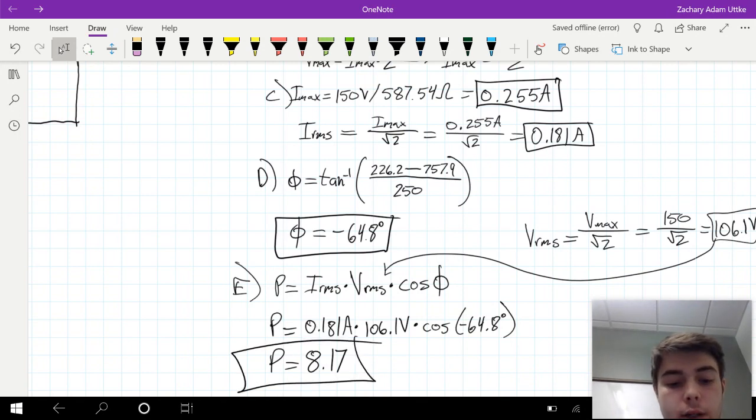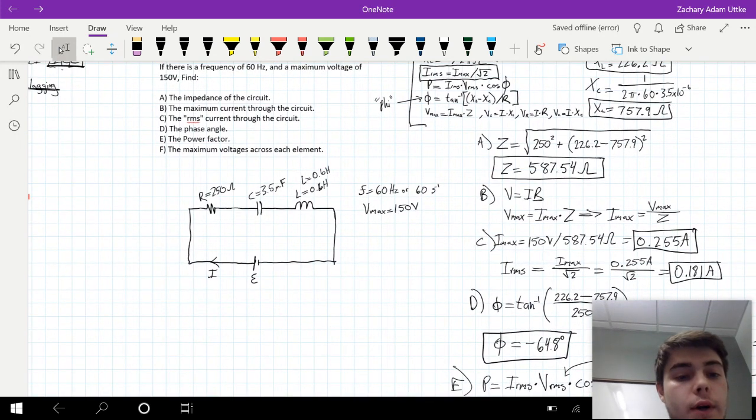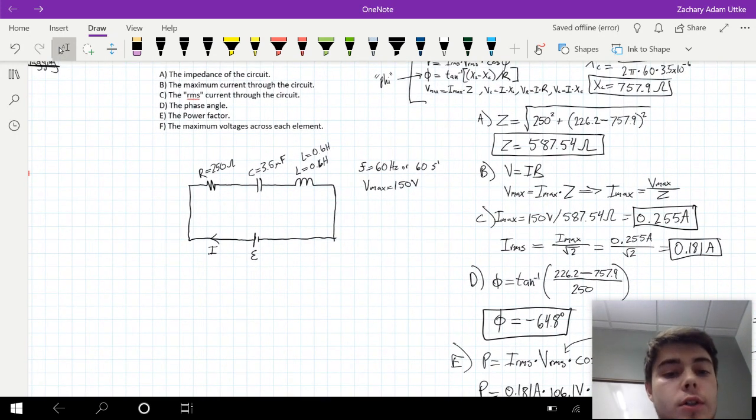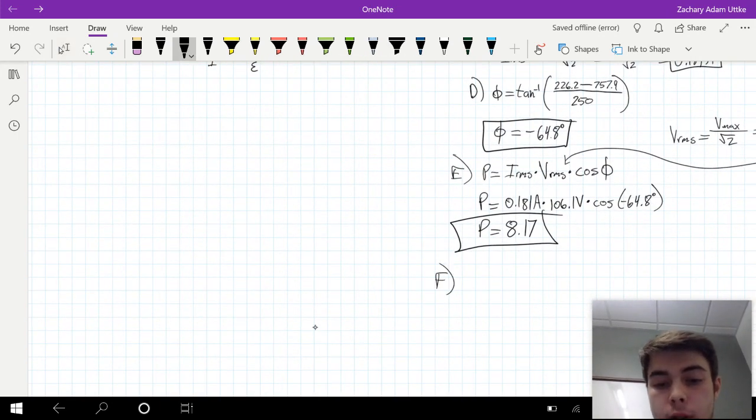So this is our power factor right there. And lastly, for part F, find the maximum voltages across each element. So what that's asking for is what VR is, what VL is, and what VC is,